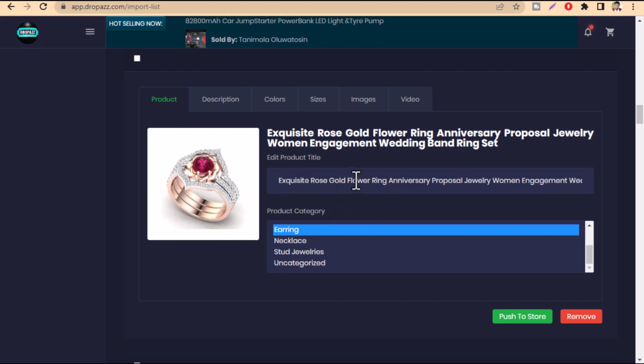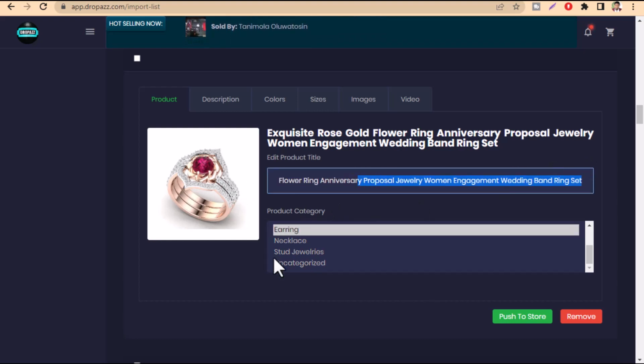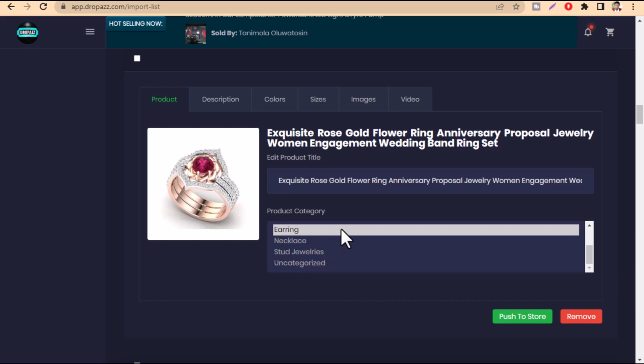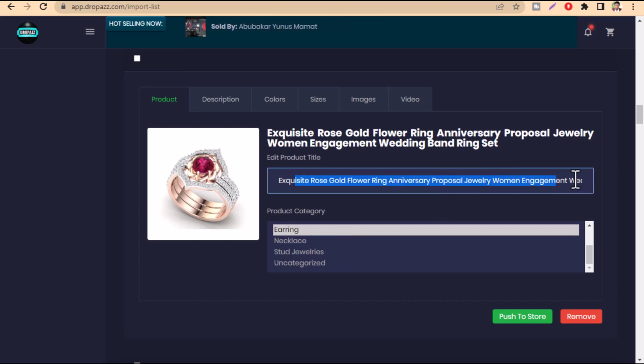And then the title is very important. This is the SEO enabled title. You want to make sure that your titles are well SEO, that is, search engine optimized. Very, very important, because sometimes you have a good number of sales coming from free traffic from Google just because of the way you title your product. So look at the product line. Sometimes when you import a product, the name may be too long, so I can call it exquisite rose gold flower ring